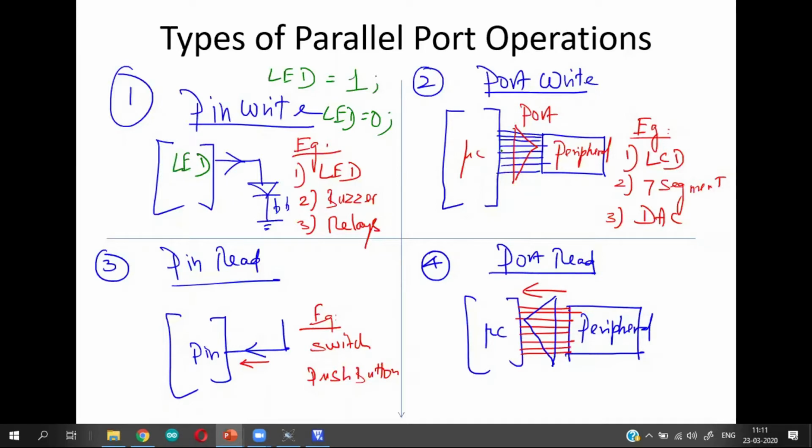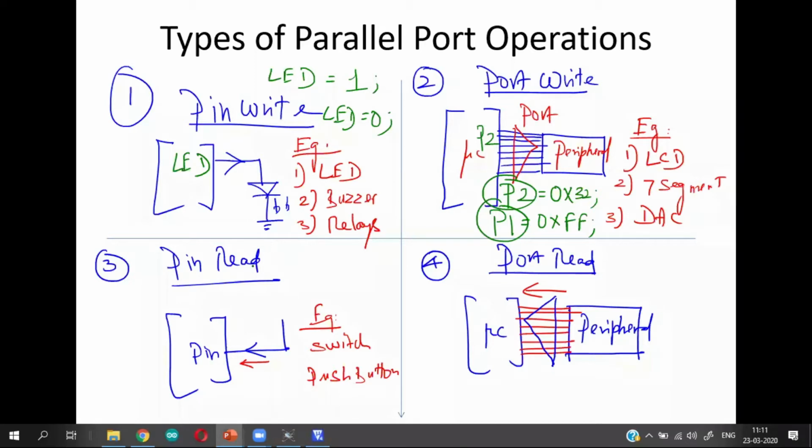For port write operation, we write values directly to the parallel port SFRs. Let us say I am using parallel port 2 here. So I can use statements like P2 equal to hexadecimal 32, or P1 equal to hexadecimal FF, and so on. So we use one full port for writing values here.